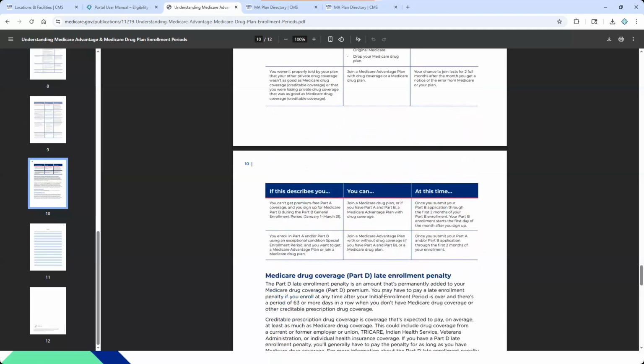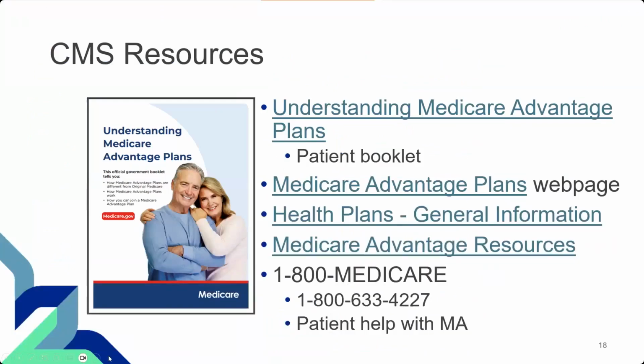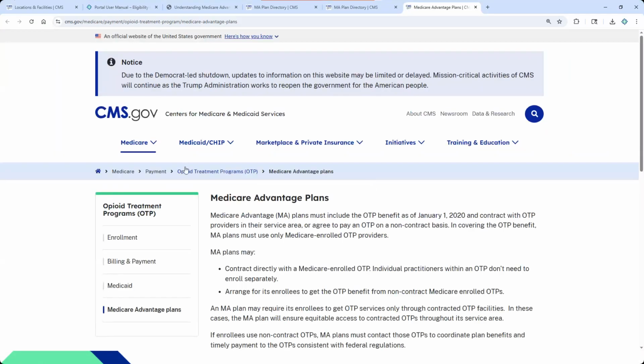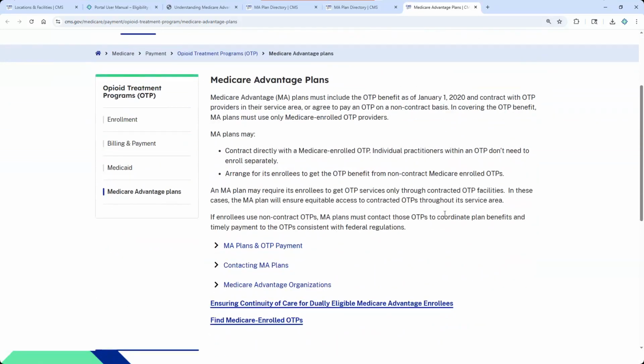Okay. So it's a little bit about the patient plans, which again is understanding this booklet. I do think it's an important piece of information. On the other hand, there are websites on the CMS website. This is just another one. Sorry. This is cms.gov Medicare Advantage Plans. This one is important, especially if you're doing opioid treatment programs. Because of the type and the focus on this, they have a separate page for it. So I wanted to point this out. I did receive a question on that, and they were struggling to get opioid treatment programs paid for Medicare Advantage plans. I don't know what your struggle is or was, but this is what you're going to look for.